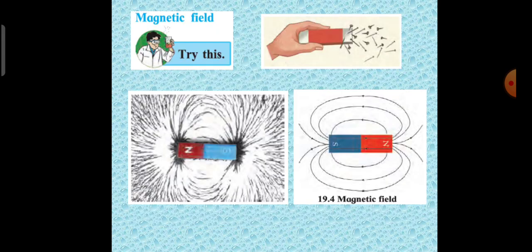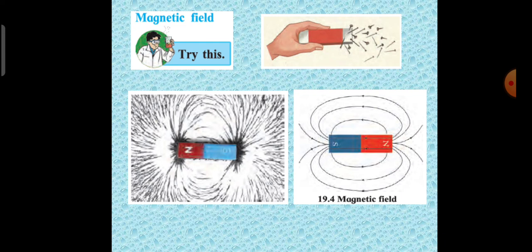Magnetic field. In the first activity, you have to take a bar magnet, pins, cardboard, iron filings, plastic bottle, bucket, and water. Take a bar magnet and some pins, and place them at such a distance from each other that they do not stick to each other. Slowly move the magnet towards the pins. Observe the pins as they get pulled to the magnet. The magnet attracts the needles from afar. In other words, a magnet has an effect even at a distance.